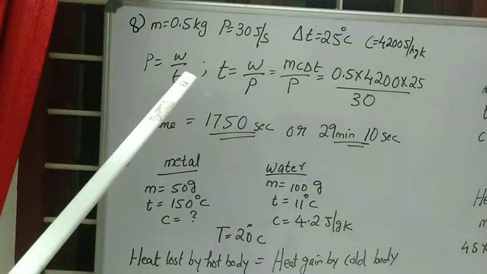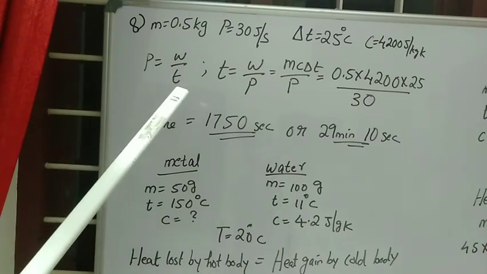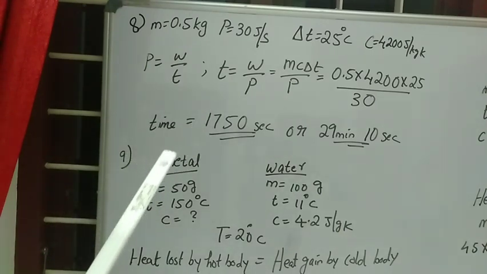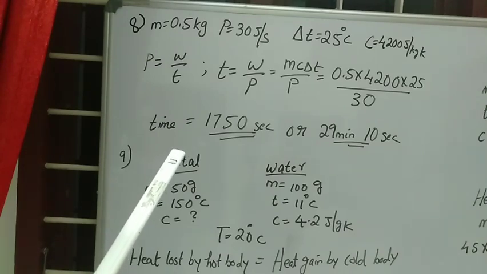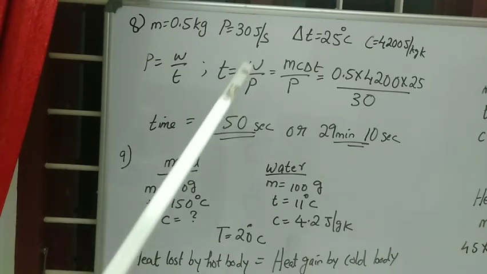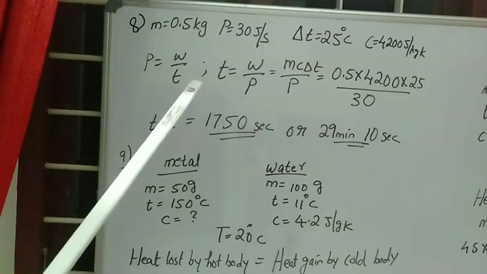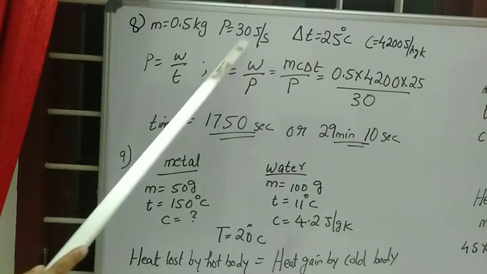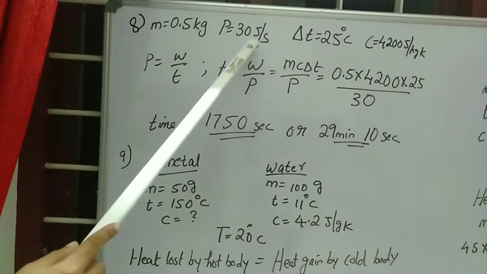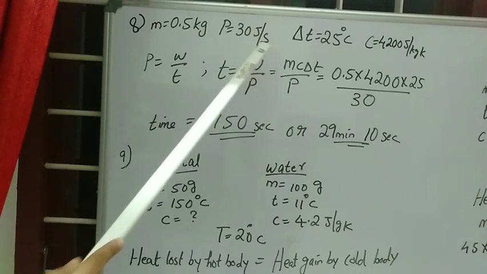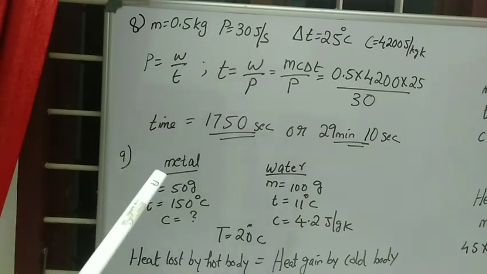So they are not giving you the correct hint. They are just saying a refrigerator which can move heat energy at an average rate of 30 joules per second. So from joules per second we should know that it is power. Another SI unit of power is watt, or we can say power is joules per second. Joule is work, work by time. Power is equal to work by time. So power is given, 30.